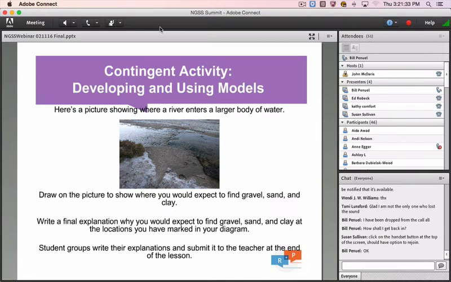One of the things that we did was have something called a contingent activity. That contingent activity provided a different way through the Investigating Earth Systems curriculum content than was provided in the hands-on investigation. And all of these investigations have the character that this one does, which is that it engages students in developing and using models as a science and engineering practice. And it's highly scaffolded. It also includes guidance for teachers about how they might interpret different student responses to the activities.